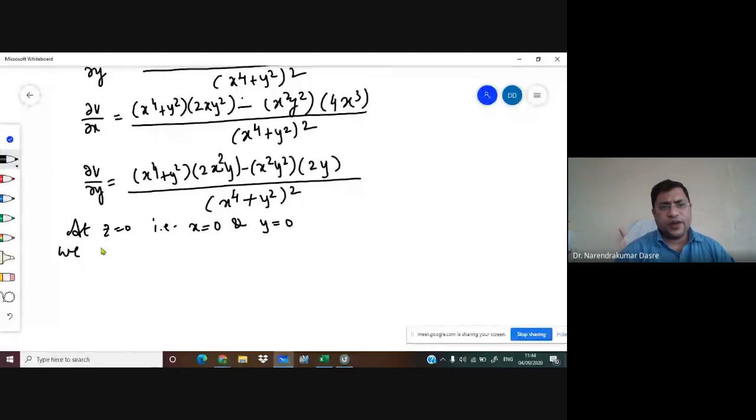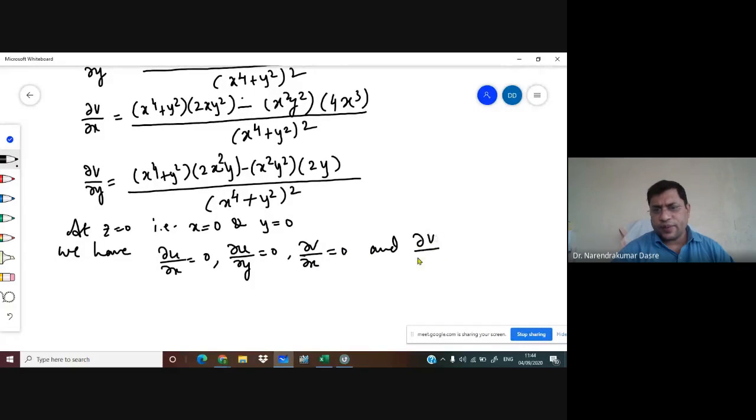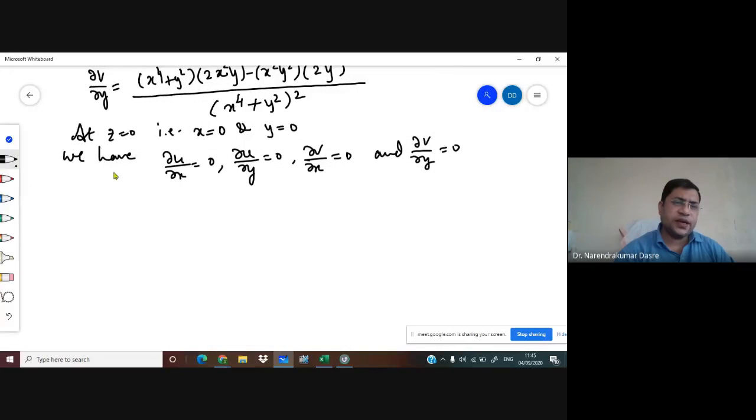And hence we will be having ∂u/∂x is equal to 0, ∂u/∂y is equal to 0, ∂v/∂x is equal to 0, and ∂v/∂y is equal to 0. So all these first order derivatives are going to be 0. And hence what we can say is, so we get